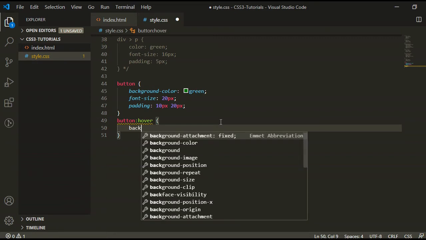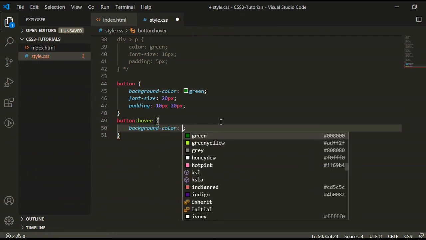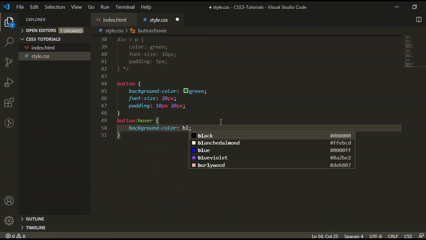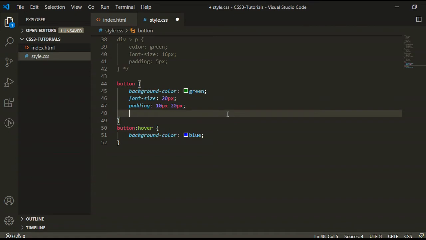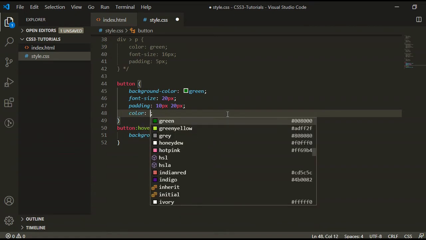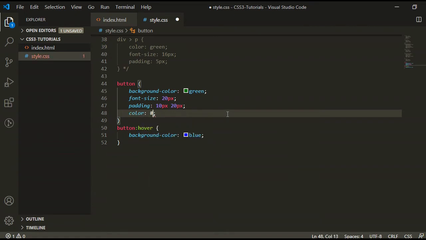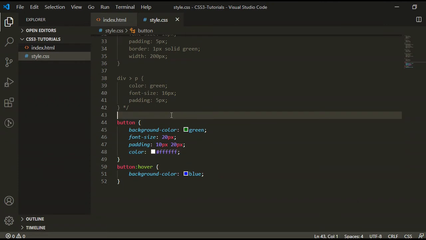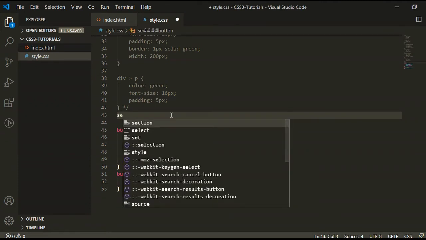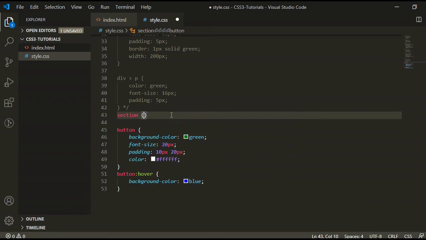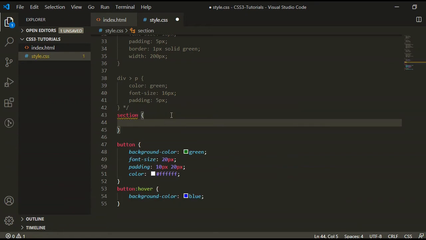Then we will change the background color, it's blue, and also give the font color, it's white. Here I am giving some CSS for the section for better visibility.